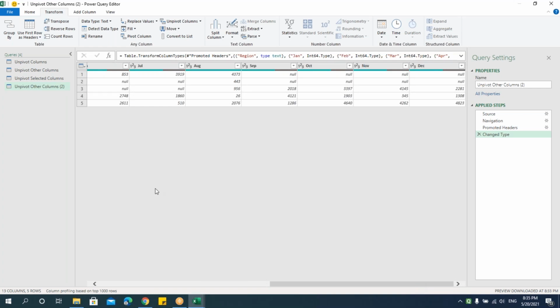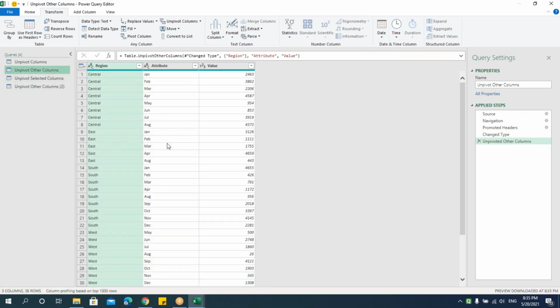When I'm unpivoting, all these null values will be ignored, and when I'm taking this record-wise, those null values will be ignored here. So I'm having data from January to August, and September to December is not available because there is a null value. What if I want to get those values as well? That is September to December, but let it be zero values, because I don't want to miss those records.